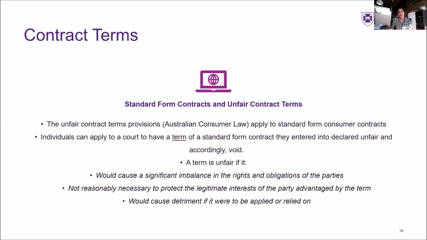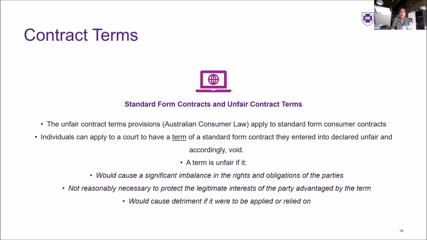So things like end user license agreements, or where we get contracts that are forwarded by one party that has a lot of the bargaining power, and the other party or the individual is in sort of a take it or leave it situation. So individuals, if they notice after acceptance that a term is unfair, or even before acceptance, and regulatory bodies can also intervene here if they know that a contract is floating around with unfair contract terms, you can apply to a court to have a term voided and declared unfair.